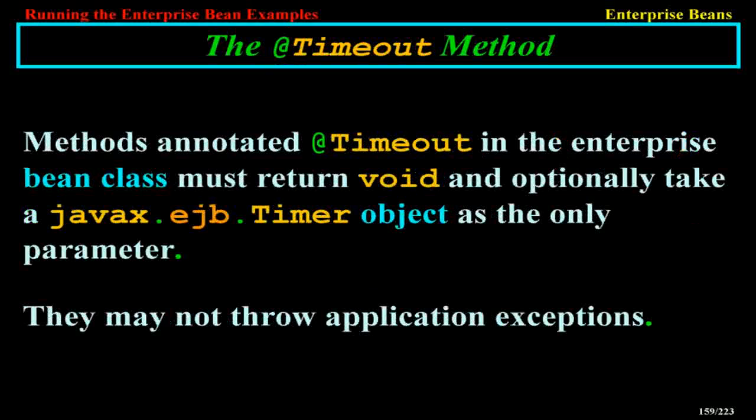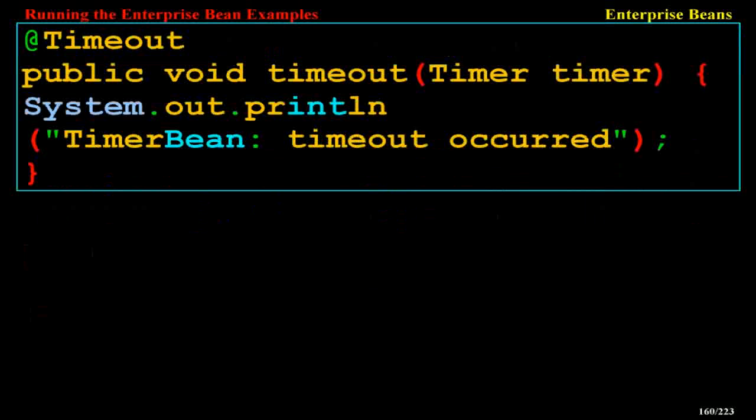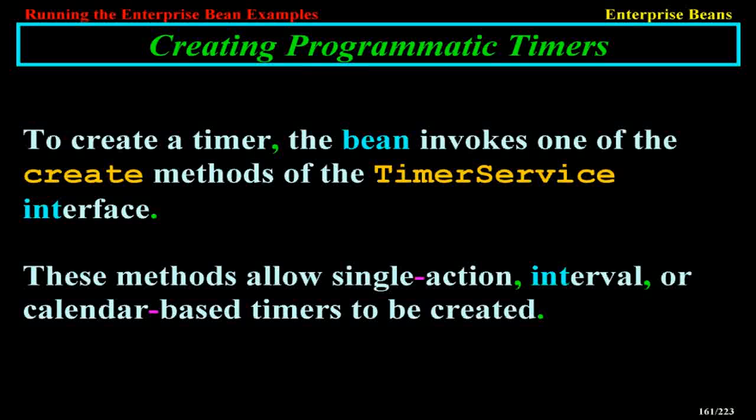Timer object is the only parameter. They may not throw application exceptions. @Timeout public void timeout(Timer timer) { System.out.println("Timer bean: timeout occurred"); }